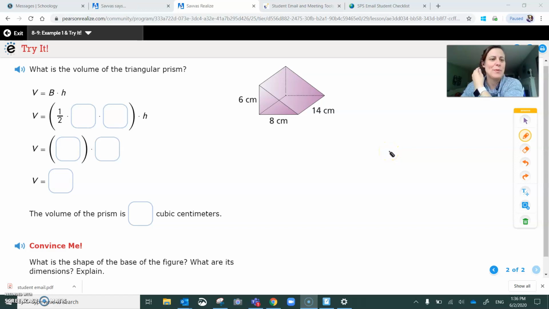Math 7, 8.9, volume. These are volume problems, they're all volume problems. This is going to be one of those